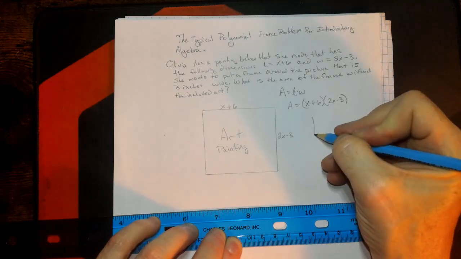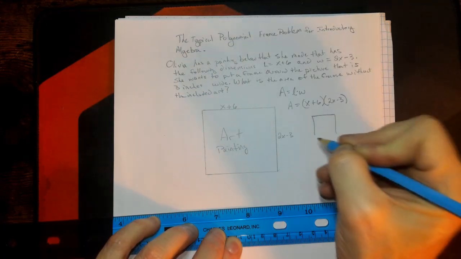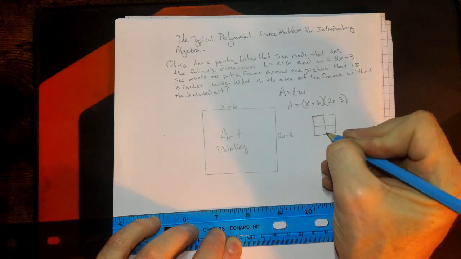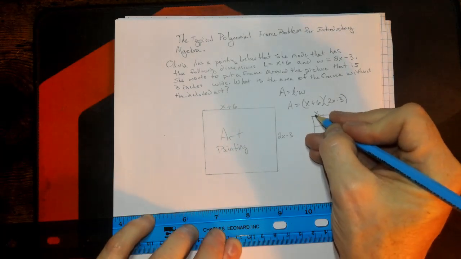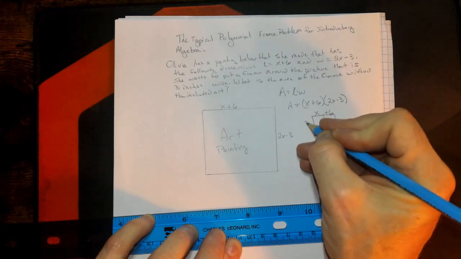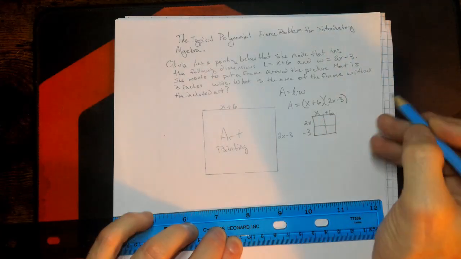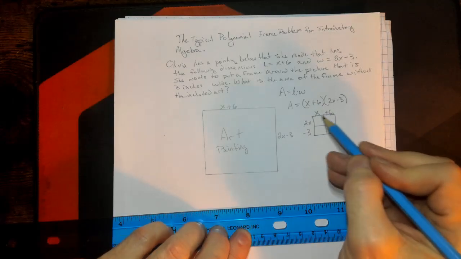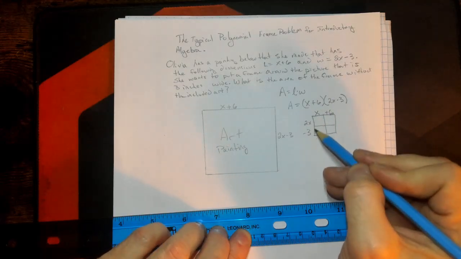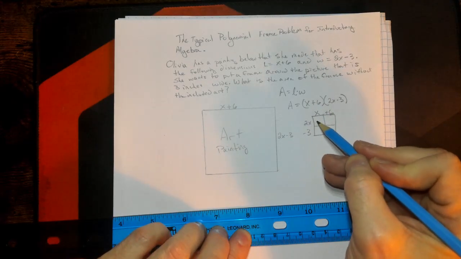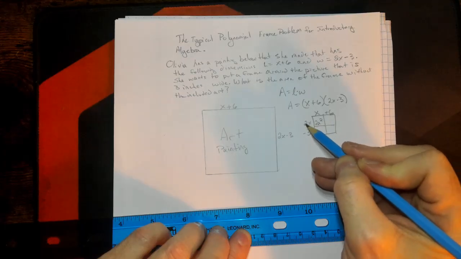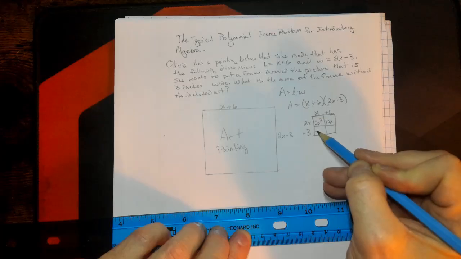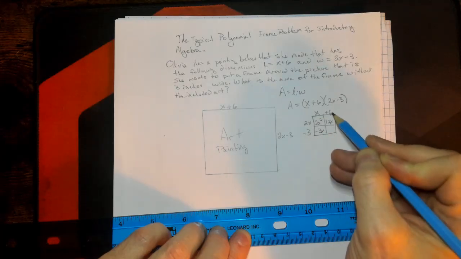If you haven't learned the area model technique, I would recommend it as a way to avoid potential errors. You can pick it up here, and the area model is literally building an area and putting the information along the top, and this information along the side, and then I just fill in the boxes. So 2x times x, 2x squared, 2x times 6, 12x, negative 3 times x, negative 3x, negative 3 times 6,